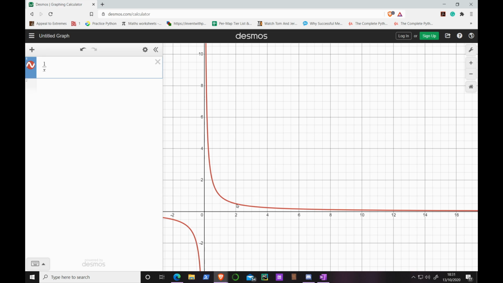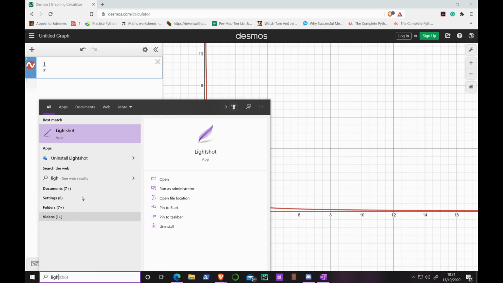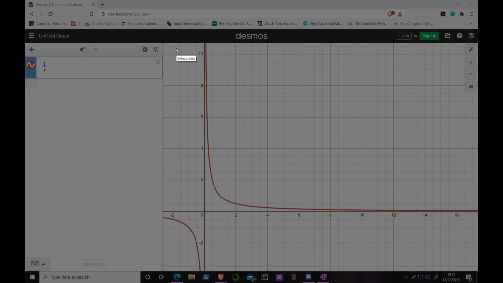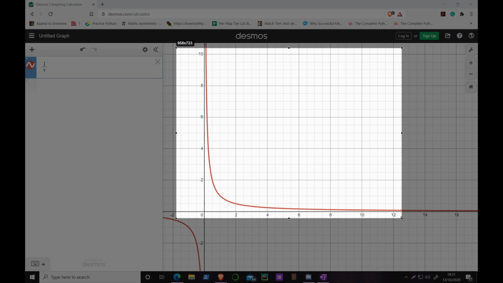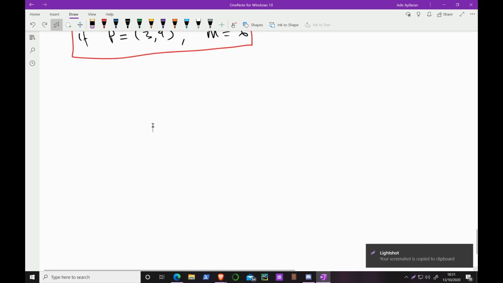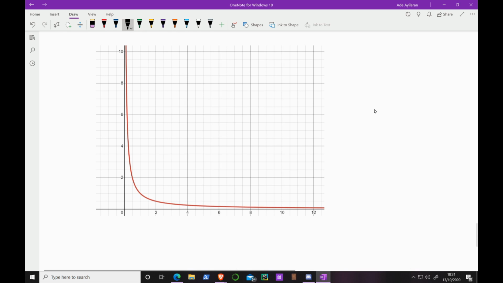Let me screenshot it. So this is the curve y equals 1 over x. So using first principles,